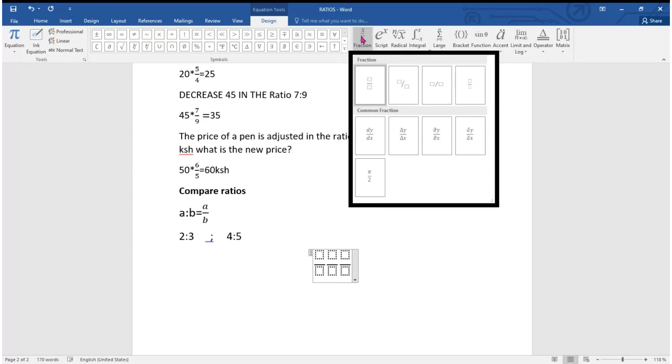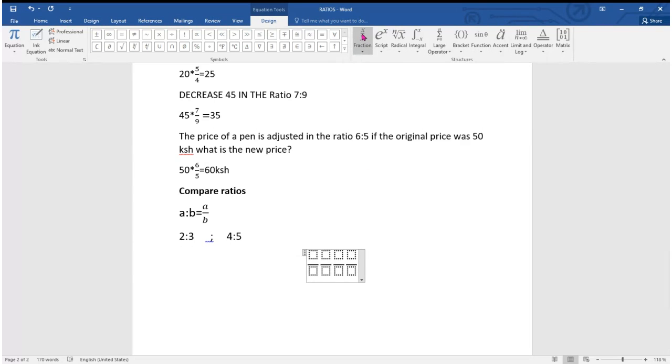So I just want to insert enough fractions to use at least three methods here. Not that. I wanted to do this. Yes, this and this. So if I show you more than one method,